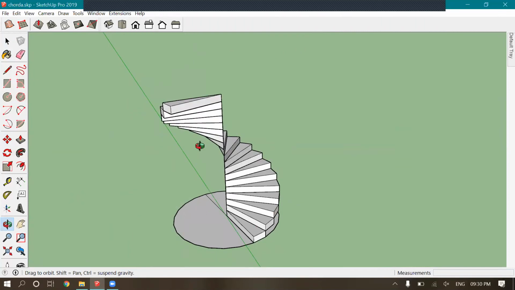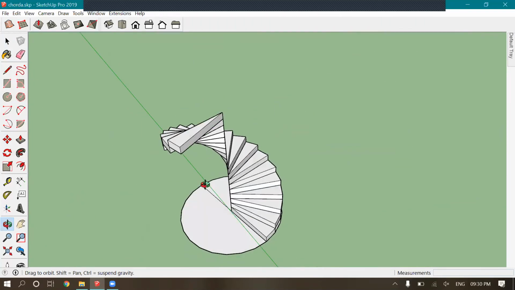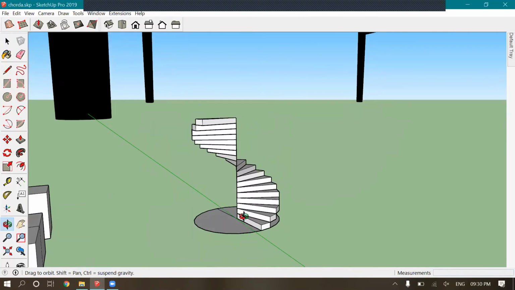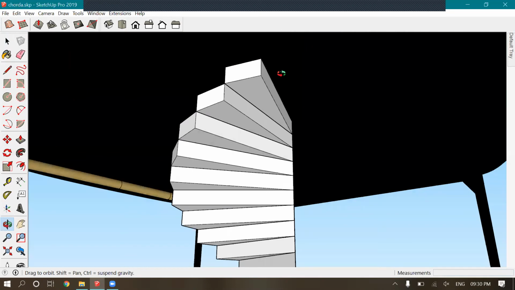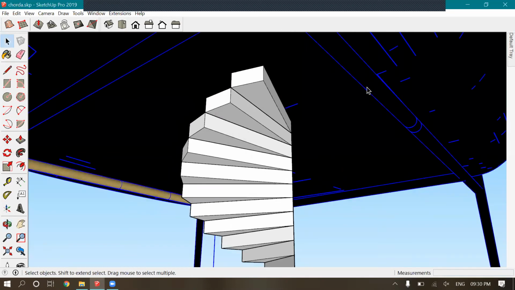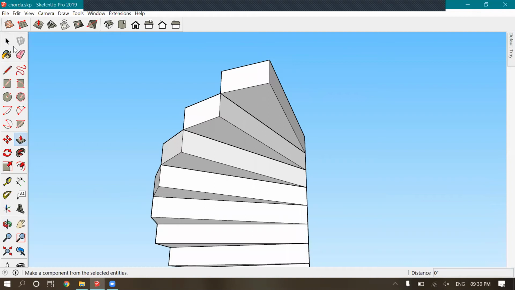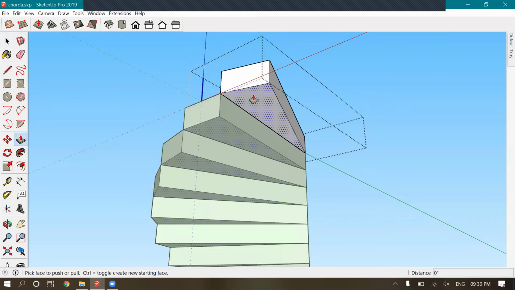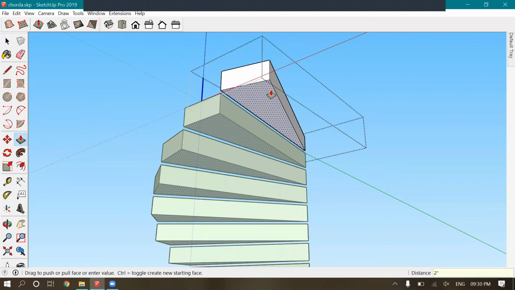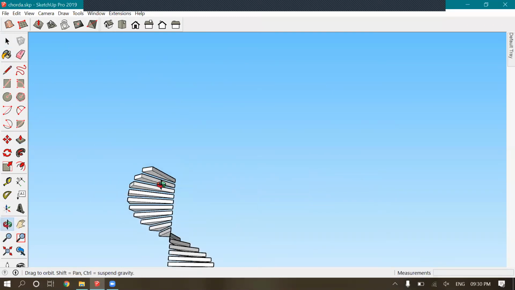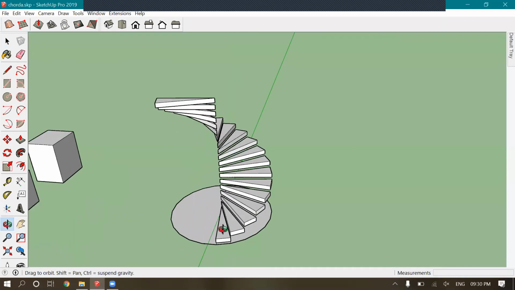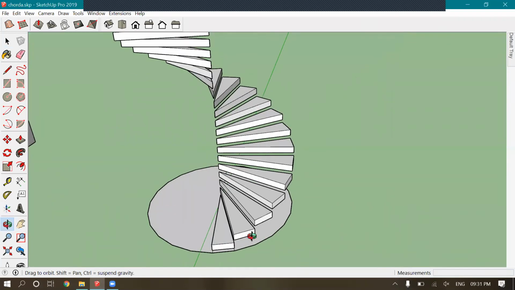This is the basic structure now. You can see this is a joint part, like the stairs are interconnected. So I need to add some space in it. We'll be going in the editor's mode, and let's see, these are 6 inches wide. Reduce 2 inches. The same change goes for each and every stair.